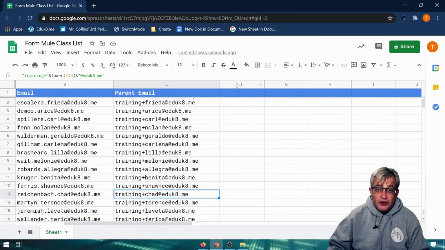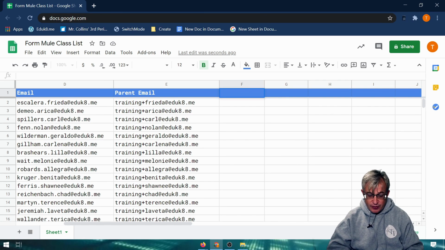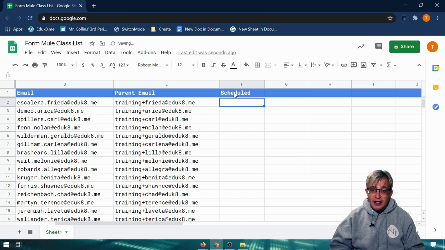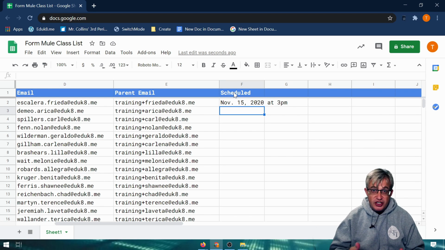So first thing we need to do is tell these parents when their parent-teacher conference is. So I'm going to put in here "scheduled," and we're just going to write down the dates of their parent-teacher conference. How you format these is how it's going to import into the spreadsheet. So you might want to do something different, or you might have it already, because it's going to take a lot of time to type in dates as I'm doing it here. If you had collected the dates,